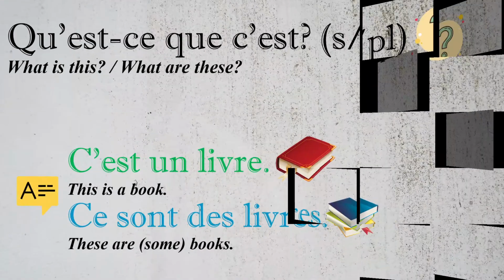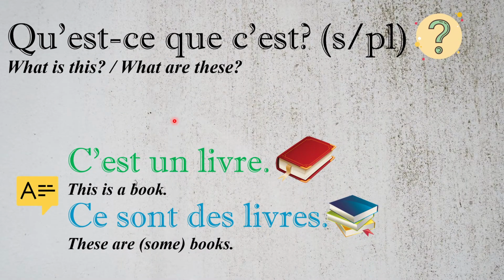The last question for today: in the previous slide you saw qui est ce is who is this. Now if I bring something into the room where you are seated, you will ask what is this, right? You will not ask who is this. Who is for a person, what is for a thing. So if you want to ask the question what is this or what are these, again the question does not change according to the number. The question remains the same for both singular and plural.